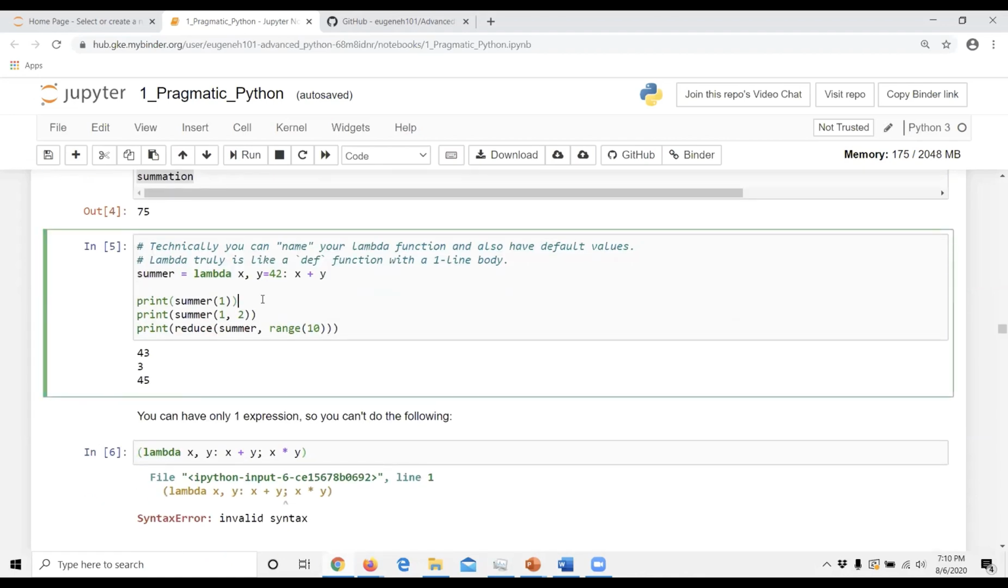So a quick takeaway here, just a minor point, is that you could actually name your lambda function if you want. And lambdas can also contain default args. So they behave naturally like any regular function definition, but they're still one-line expressions, and you could technically assign it to some variable and call it like a regular function. So if you look at the function calls here, you could not distinguish whether it was a regular function or a lambda function.